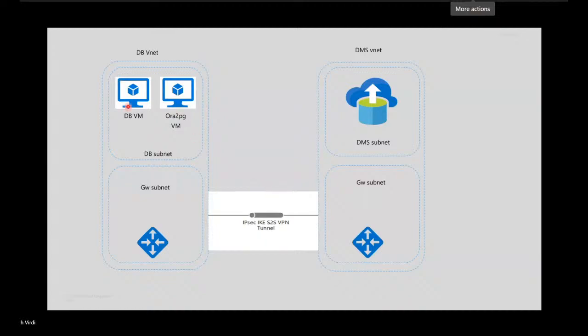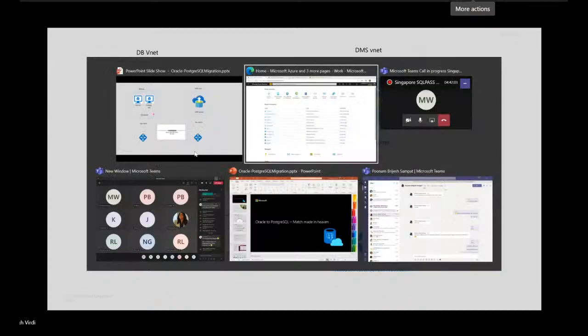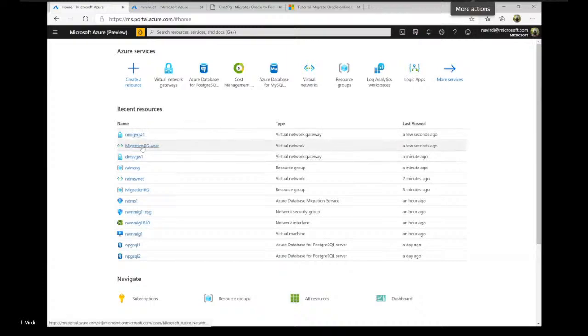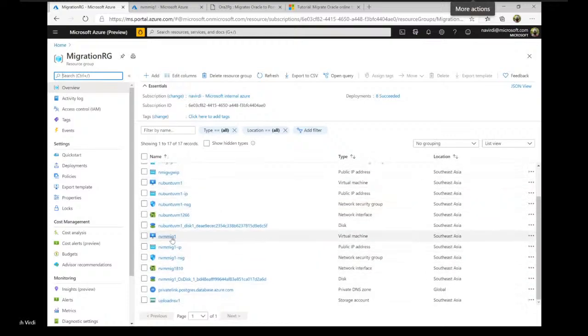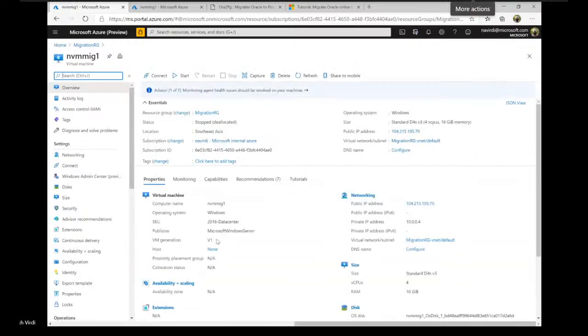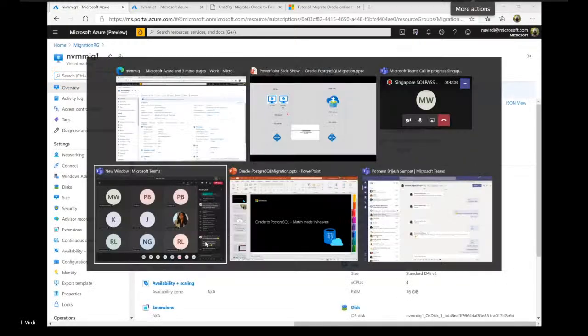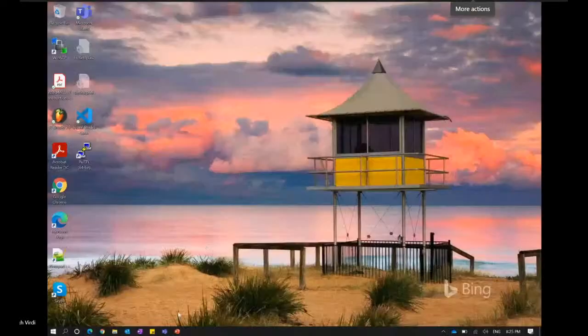Now let's look at the database VM. So within my migration resource group, I have a couple of VMs here. One of them is a Windows virtual machine, right? And I am connected to this using RDP here. Let me look.